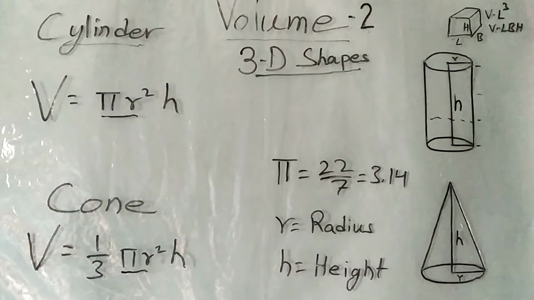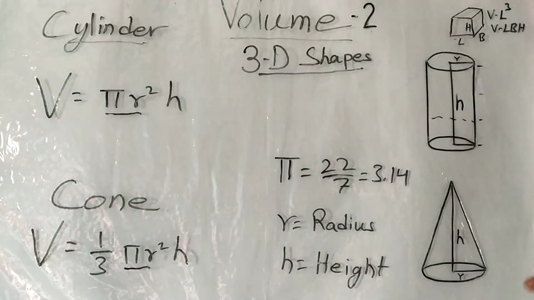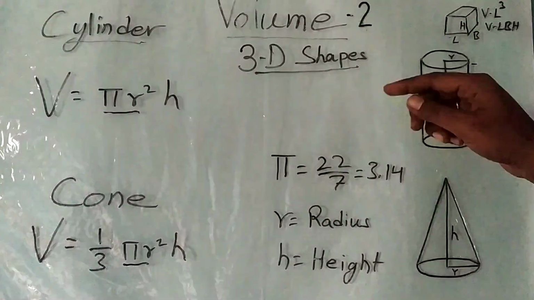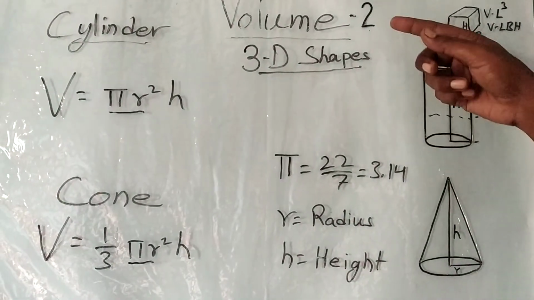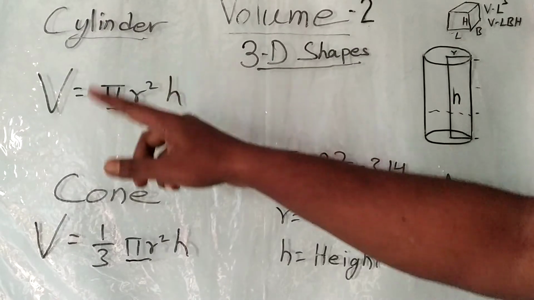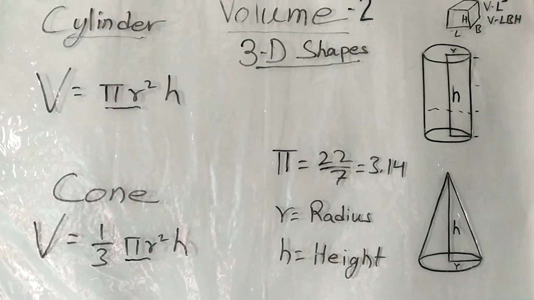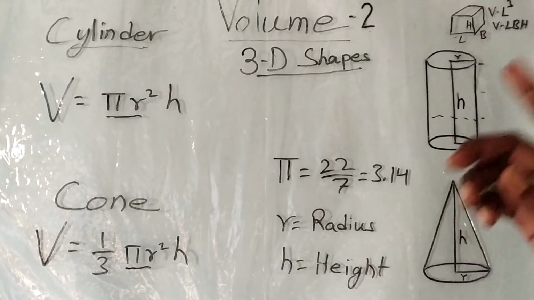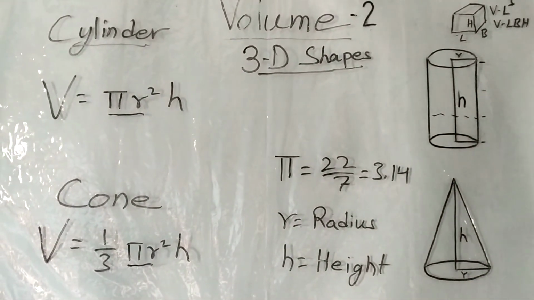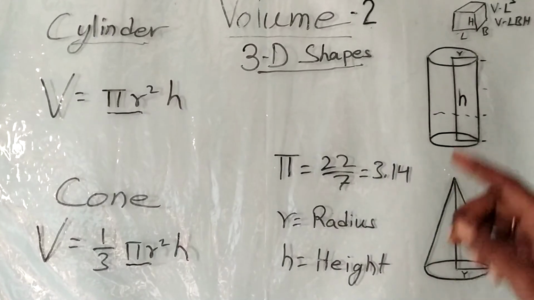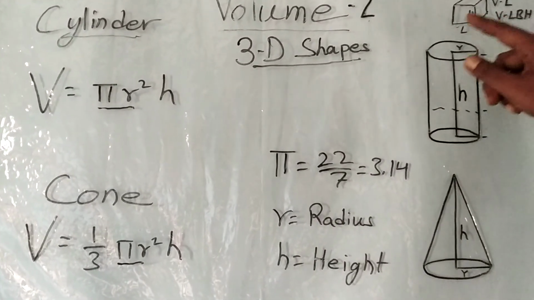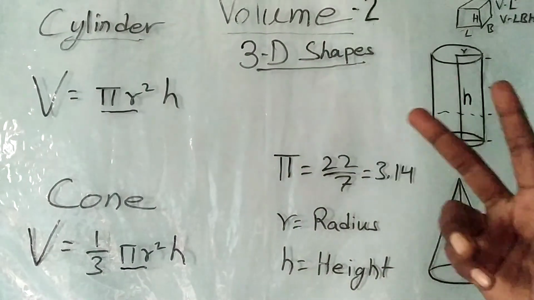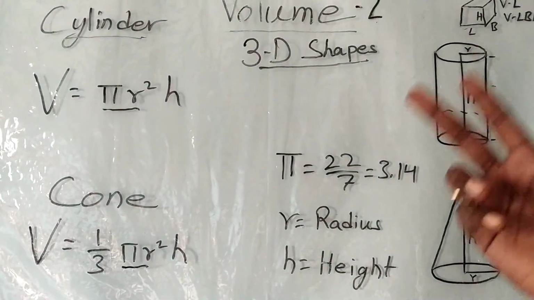So friends, you have seen how easy it is to find the volume of a 3D shape. If we know the area of the base, and we multiply the area of the base by the third dimension, that is height, then it will become the volume. So friends, to solve any problem based on geometrical shapes, two things are important. First is imagination of the geometrical shape, and second is the formula. If these two things are known, then any problem based on geometrical shape can be solved.